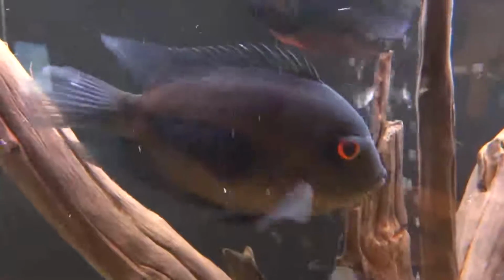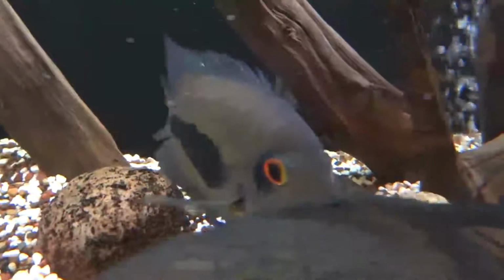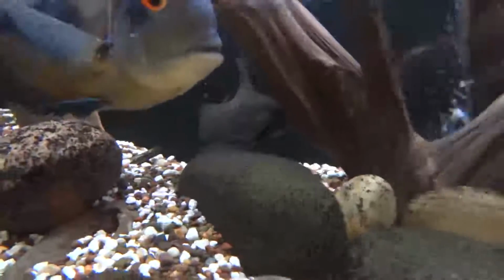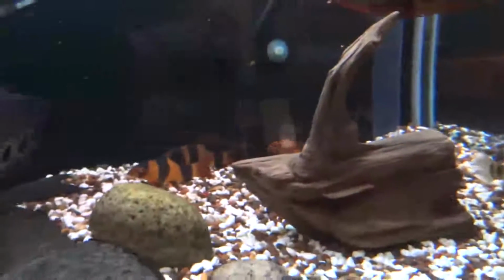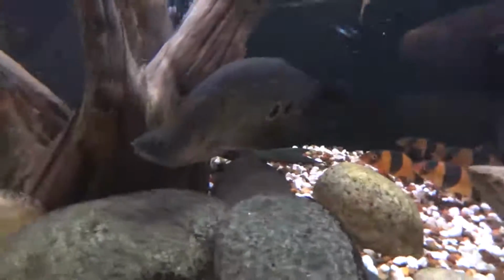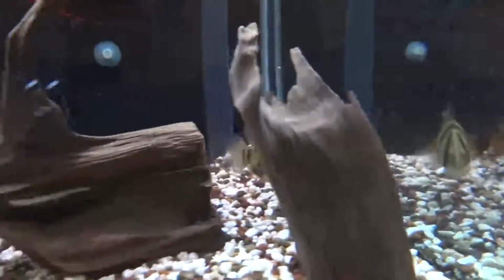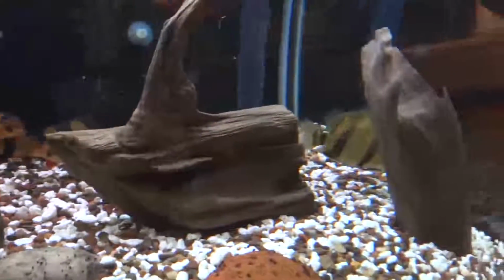My bigger of the two yarus, and here's the smaller yaru. And then in here too, I've got a Synodontis, 4 or 5 clown loaches, a clown knife, which I'm about to remove and bring downstairs to one of my other tanks. And then hiding back there, you can see his reflection. I got a smaller datnoid. There's part of them,